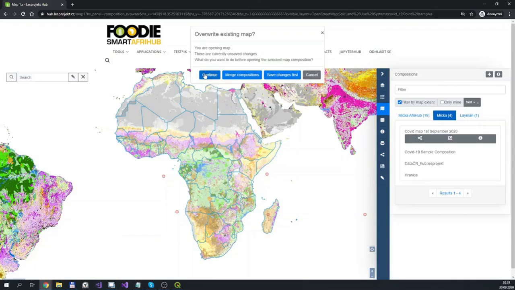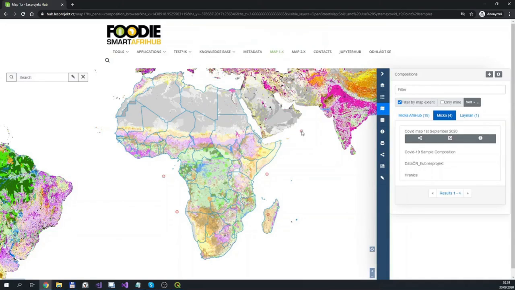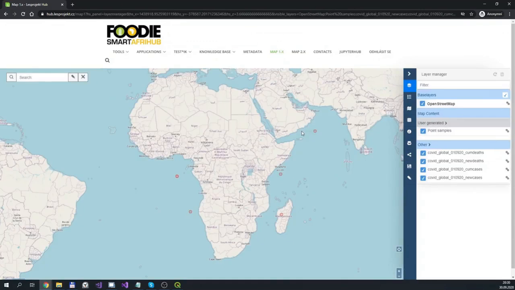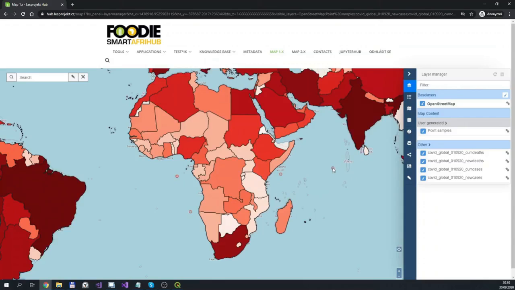Simply click on the composition, and now you can choose to continue, which means that it opens this composition in a brand new empty map, or merge compositions, which will take the layers from the composition and merge it with your actual map. Let's click continue and open the composition as it was prepared.